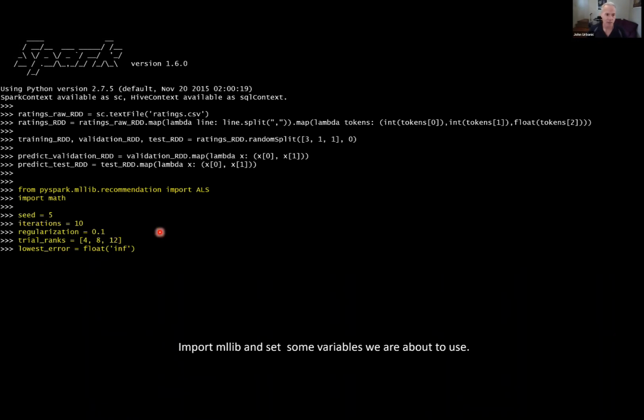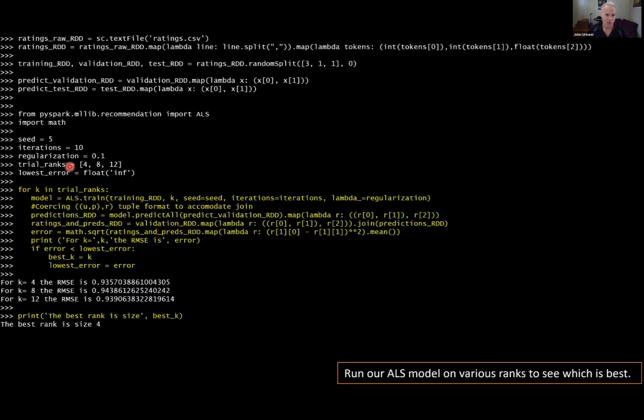Okay, so we've got some parameters here that we're going to feed into ALS. Let's go ahead and get started. So here are our 3 trials of K that we're going to try. That's what this loop does. It tries a K value of 4, 8, and 12 on our model. And all the magic is really here in the first line. The rest of this stuff here is just some simple math exercise in Spark juggling, and we'll step through it line by line, fear not.